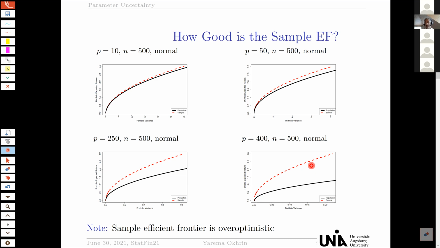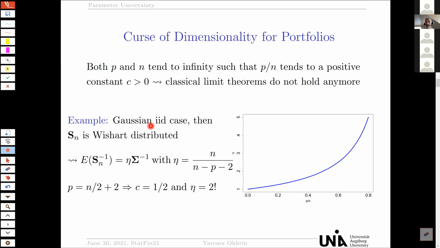And this is due to the divergence problem I have shown a couple of slides before. Now, where does this come from? This actually comes from the covariance matrix that we have there. If you recall the formula, all those quantities depend on the inverse covariance matrix, the so-called precision matrix. And in fact, it can be shown